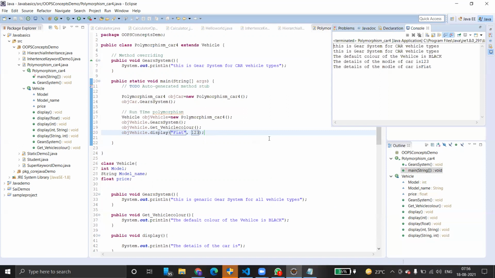So compile time means, before runtime, there is another phase where our code gets compiled. In compile time, it distinguishes which method needs to be invoked based on the number of parameters, type of parameters, and the order of the parameters. Order also. These are the three main categories to distinguish the methods that need to be invoked at compile time.